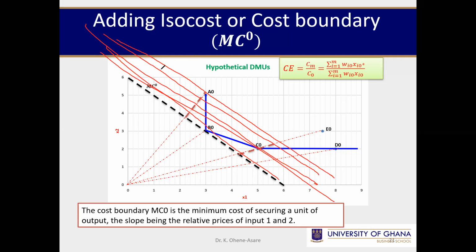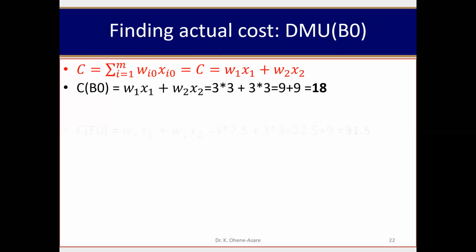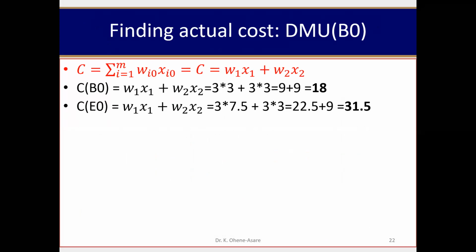This is according to Farrell et al. Now, let's do another one for E. Let me clear everything. Okay, so let's go DMUE. What value did we have? We had 31.5. So once again, you are going to pick 31.5